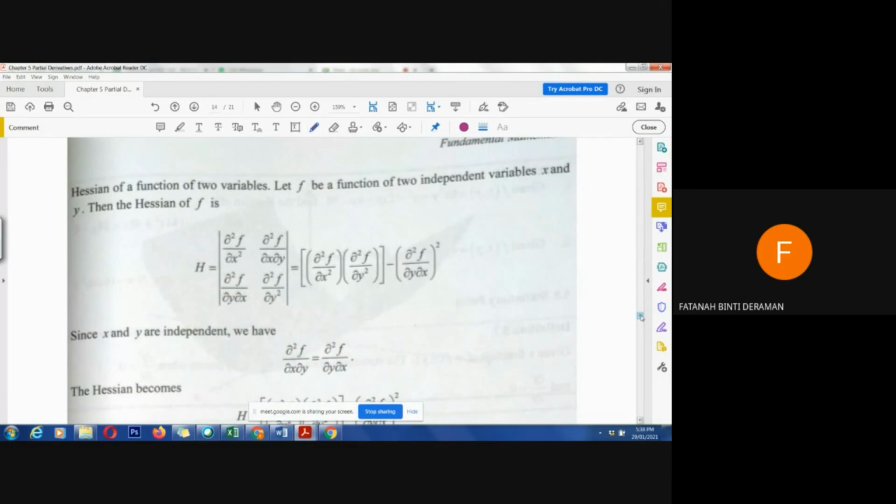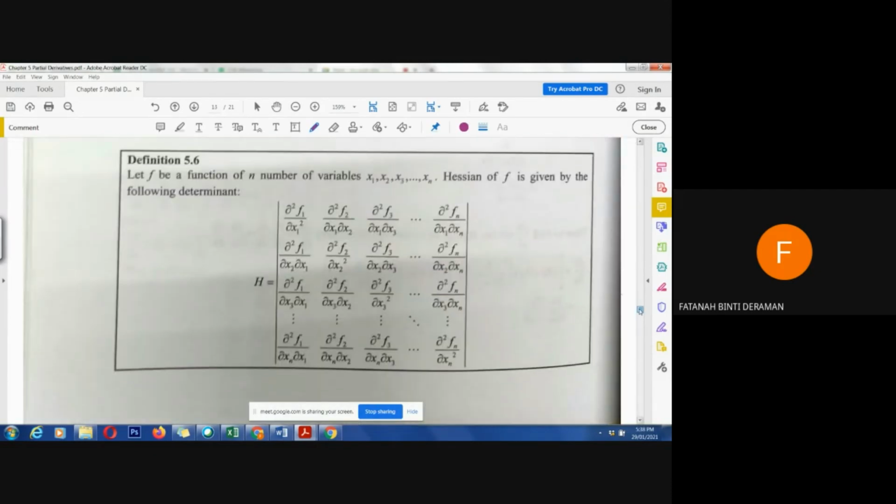It is more complicated because we involve x, y, and dy, dx, and these two will be independent. First of all, we square everything until n, and then second, we take the second variable with x1 until xn. But here we get 3 until n, and then here until n. The difference is the second derivative.